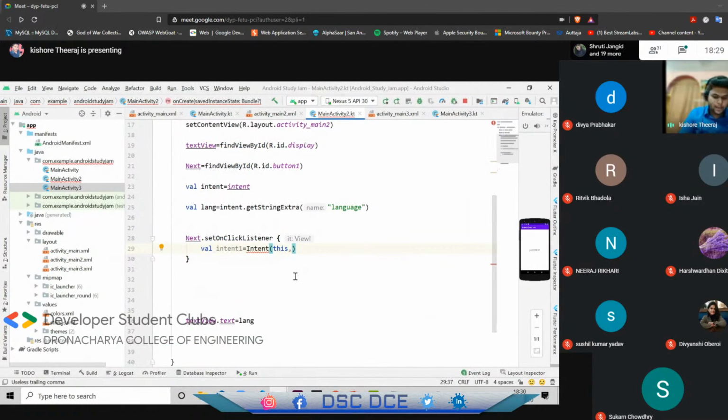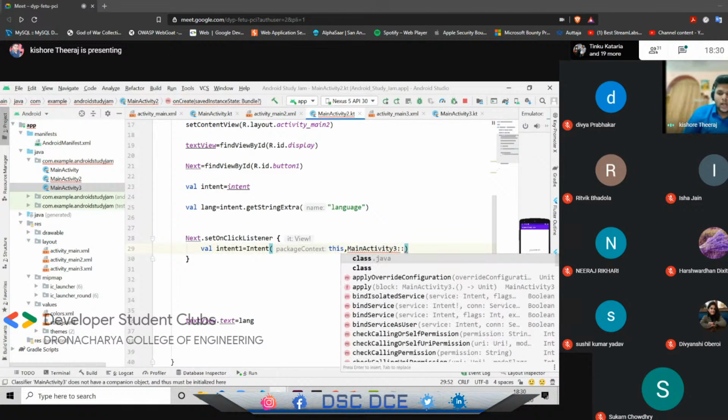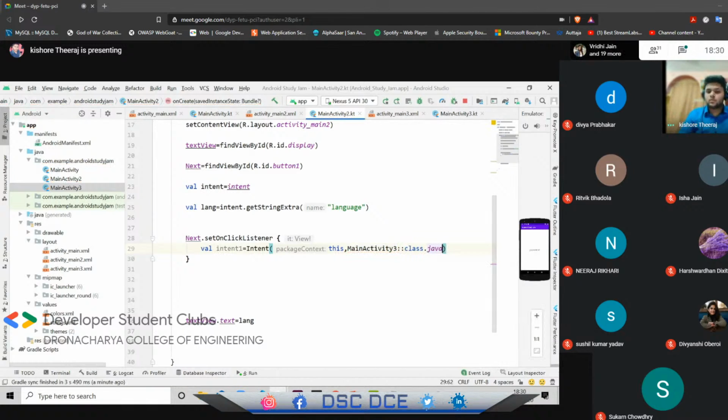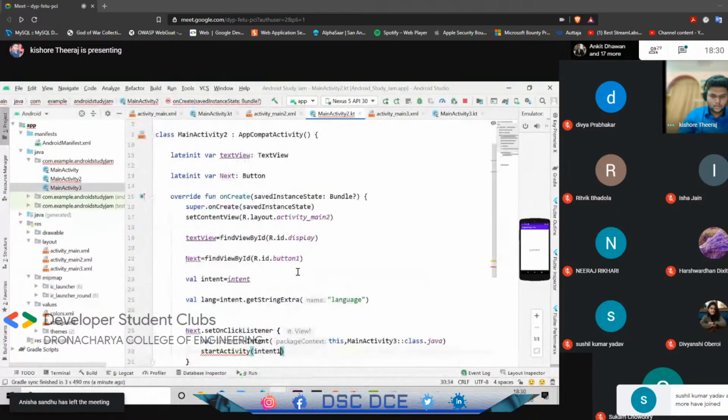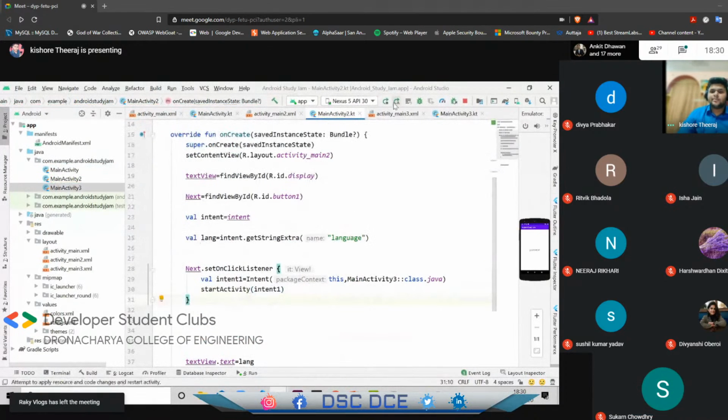So pass this MainActivity3 here. See guys, be careful when passing this. Don't pass any other activity. Go to MainActivity3 and then put a full stop or a colon and then class.java. Now, what do you want to do? Just trigger this intent. So now if you run,